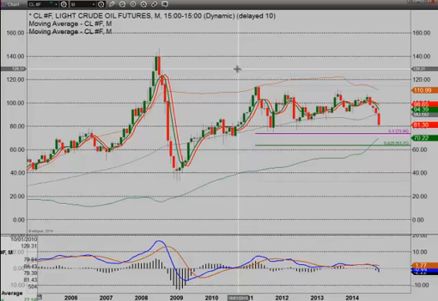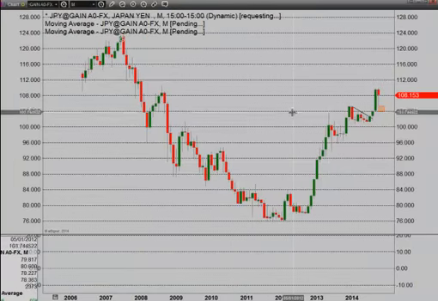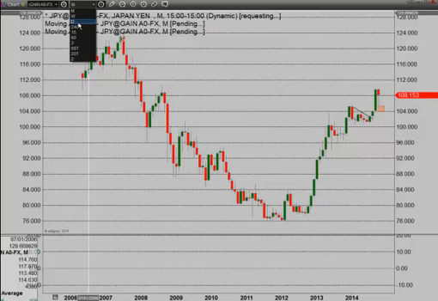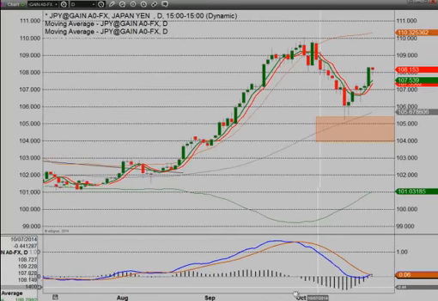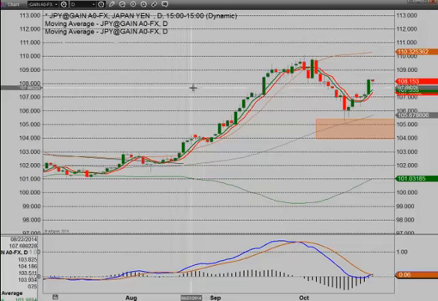Let's go to the last market. We'll take a look at dollar yen. Well, I was hoping dollar yen would have come down one more time to give us a buy signal there, giving the opportunity to get long. Our long-term upside target was 110. It was 108 on the way up, and then we said, with the momentum, you'll probably see 110, and you did see that.